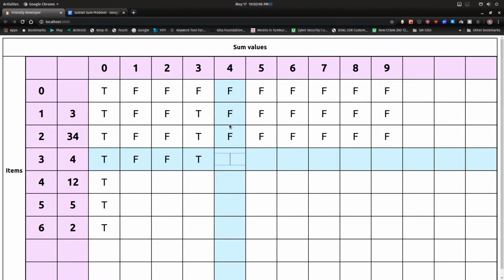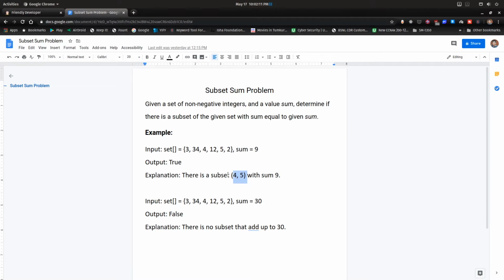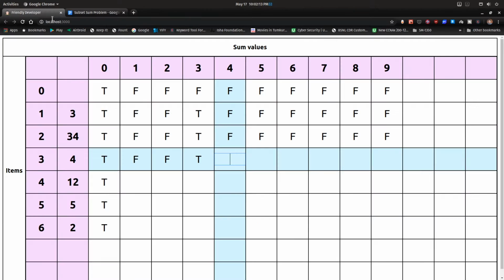That is, when we include 4 in our solution set, we just need to check, out of all the remaining elements, is there a subset that sums up to 0? Because by including 4, our remaining sum will become 4 minus 4, that is 0. What is the remaining? Remaining was sum minus the current element, that is sum 4 minus the current element 4. 4 minus 4 is 0.